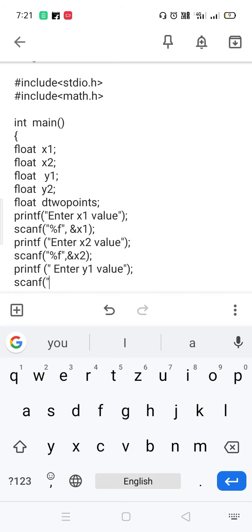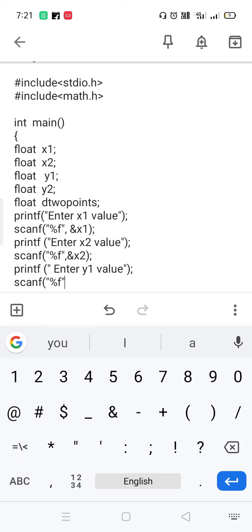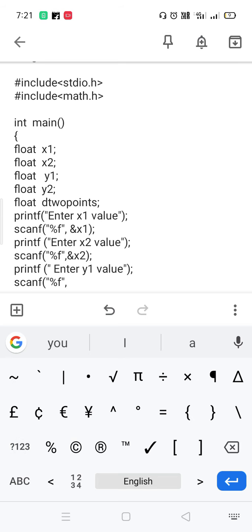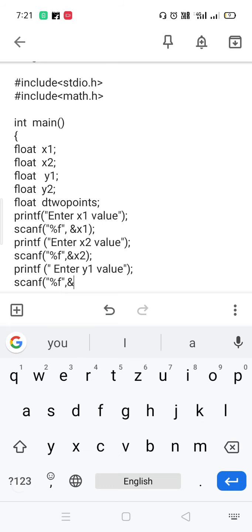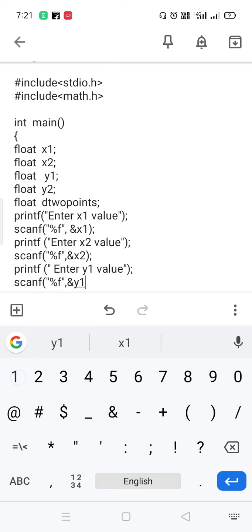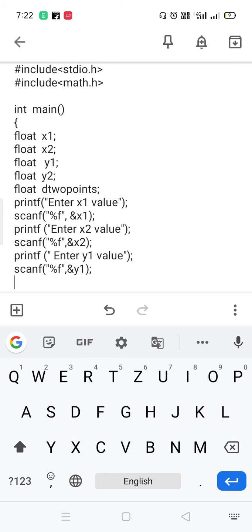So percentage f within the double quotations, comma, compulsory comma, and y1. I am storing the user entered y1 value in this y1. Closing the bracket, semicolon. No spaces between the variable name.